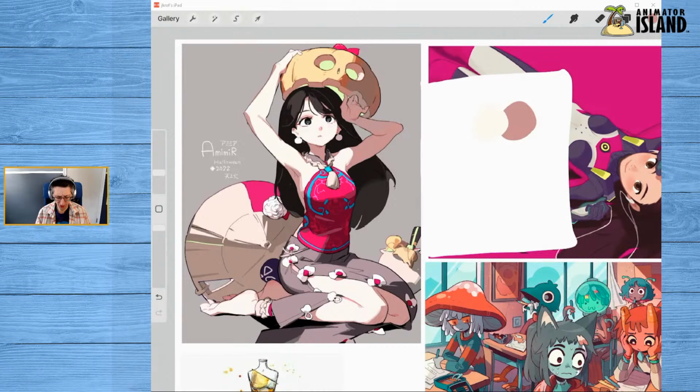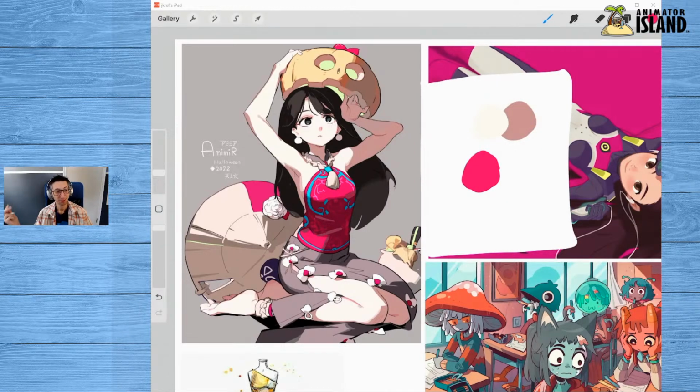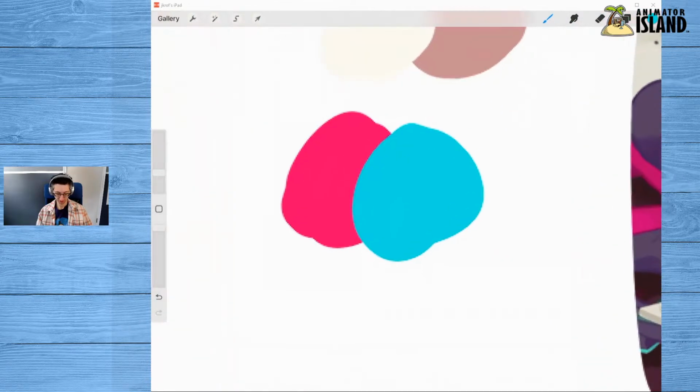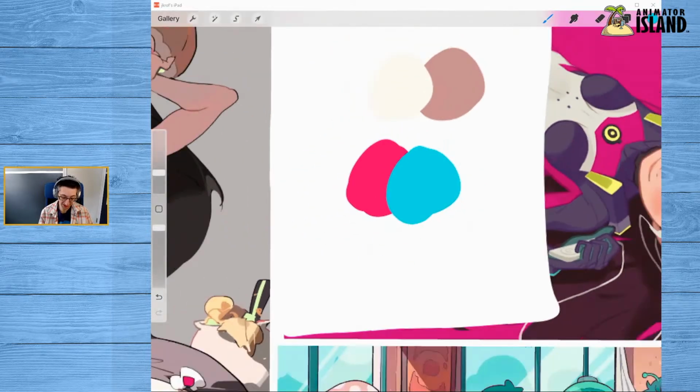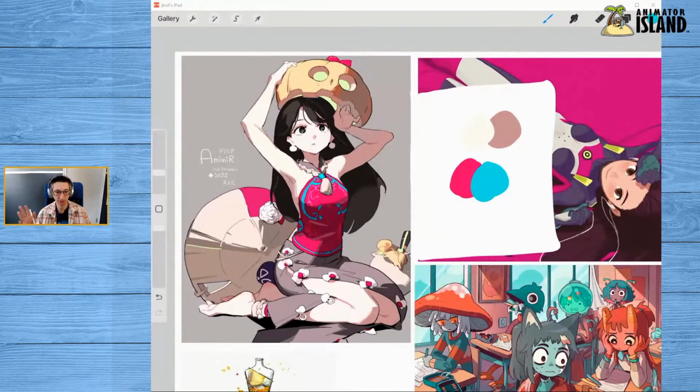Okay, good to know. I could probably spend all day on this piece because we could talk about the shirt and oh my gosh, look at this color of the shirt. I mean, it hits you in the face, but it works beautifully with the rest of the piece. Just so nice. And then if we look at this blue that's next to it, look at just these two next to each other. That's harsh. Those are some harsh colors. To use those two next to each other takes some skill and takes some bravery, but they did it and it works in the whole piece because they kept it subtle in their use.